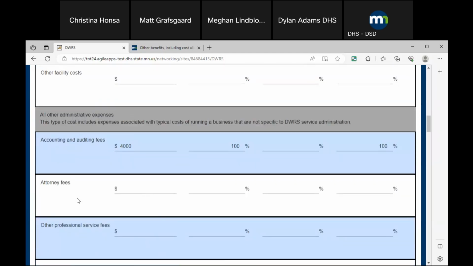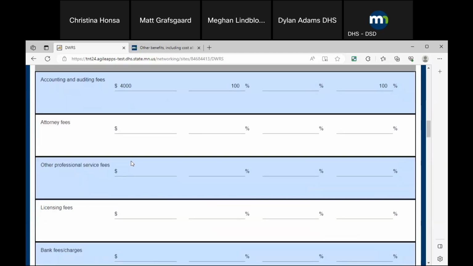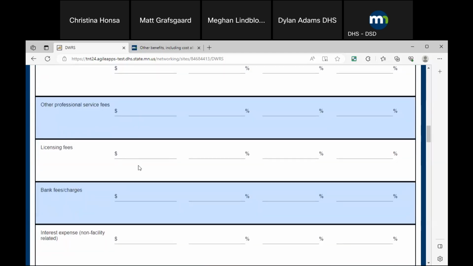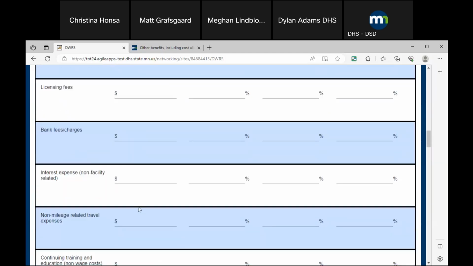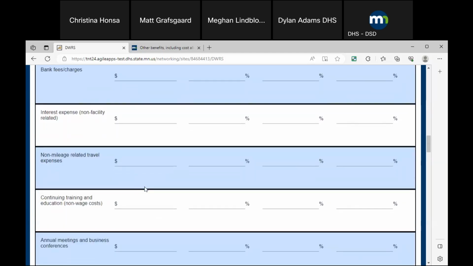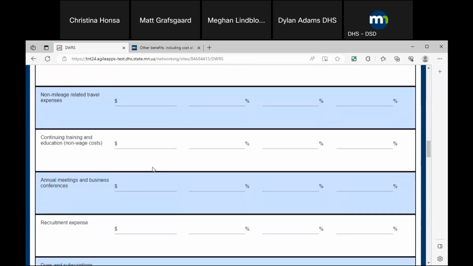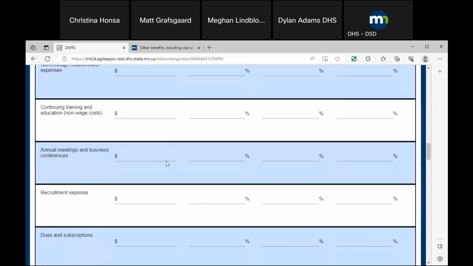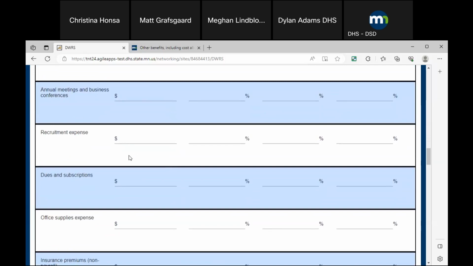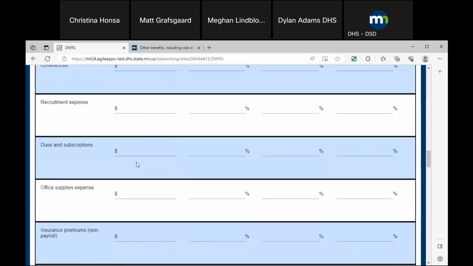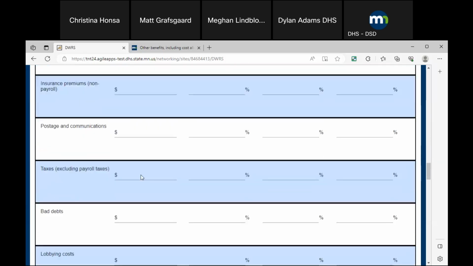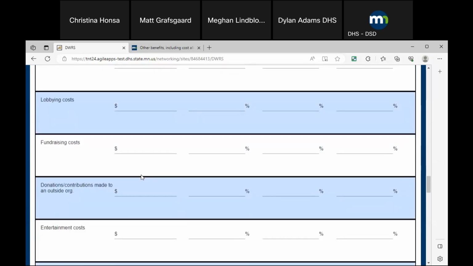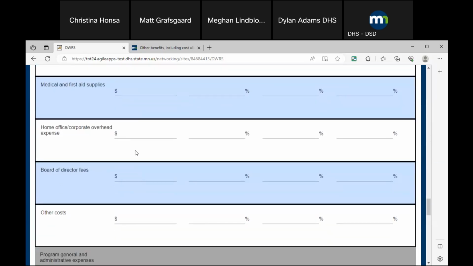Examples are, if there's any attorney fees, here we've set accounting and auditing fees, other professional service fees, any licensing fees, bank charges, interest expense, continuing training and education for non-wage costs. There's any recruitment expenses, office supplies. The list is very long. So when you scroll down,